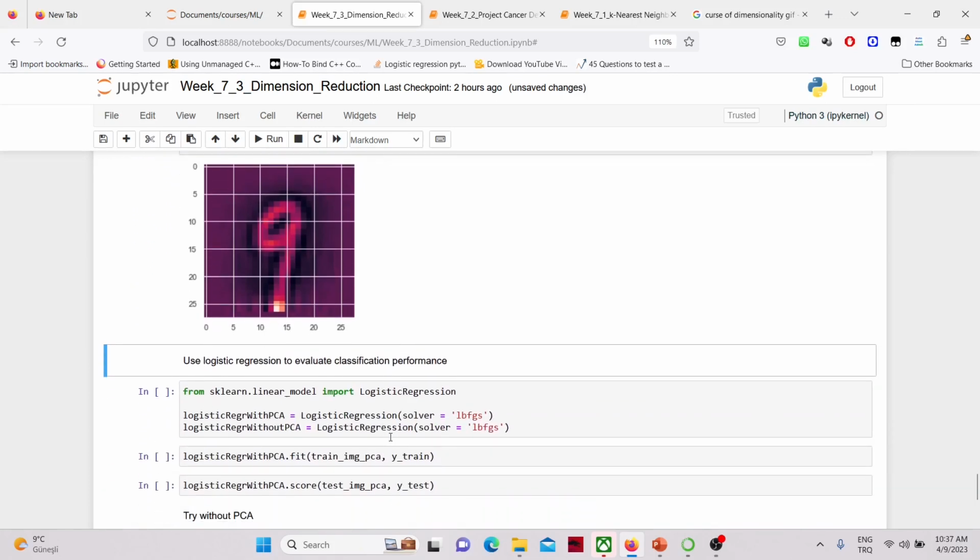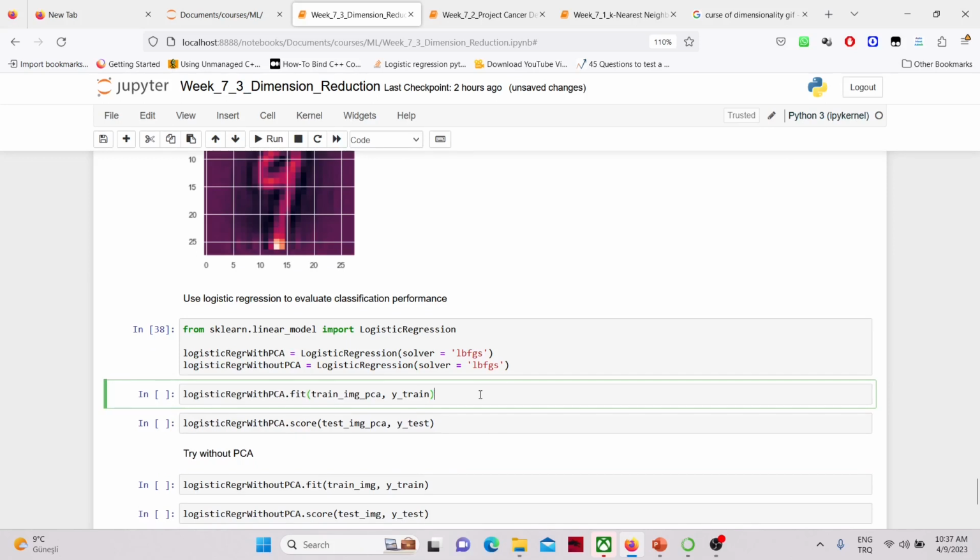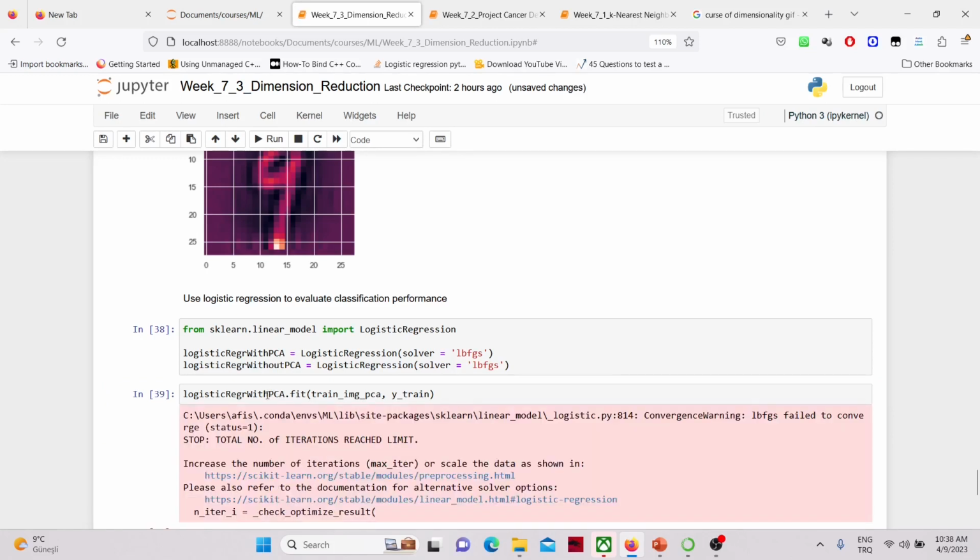Now let's try to see whether the dimensionality reduction affected a classifier too much. We will train a logistic regression classifier, and we will create two models, one with principal component analysis, one without principal component analysis. Okay. We didn't use support vector machines because we would like to have it a little bit quicker. You can try different classifiers with this example. We will basically fit the principal component analysis data,